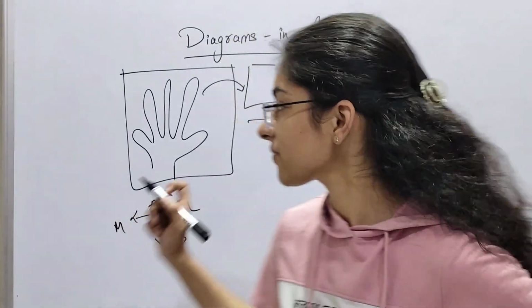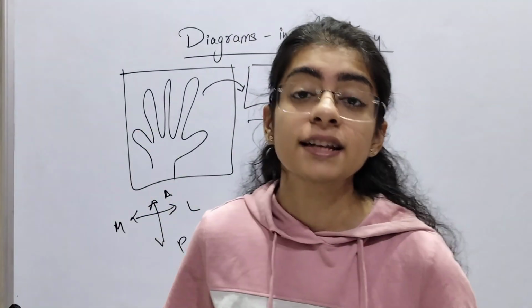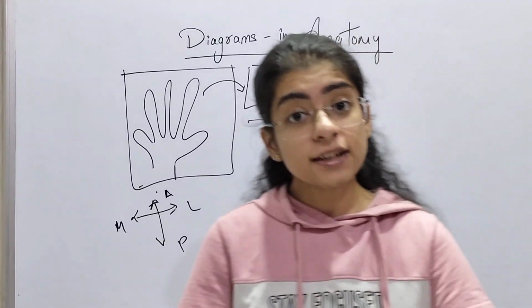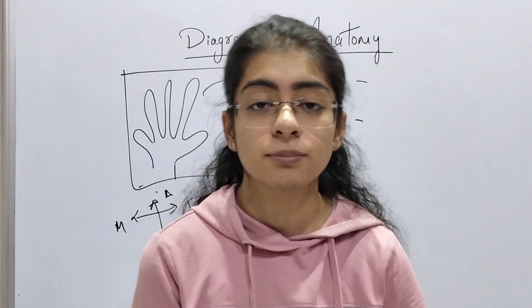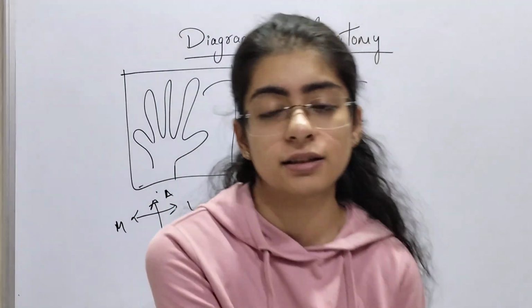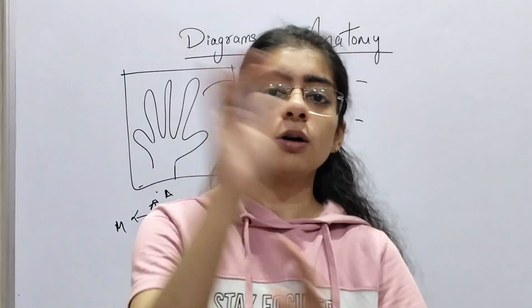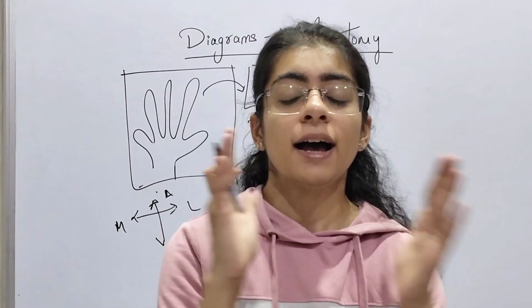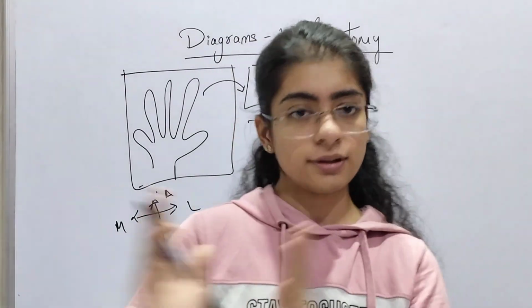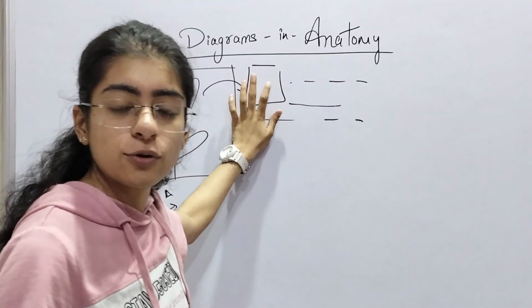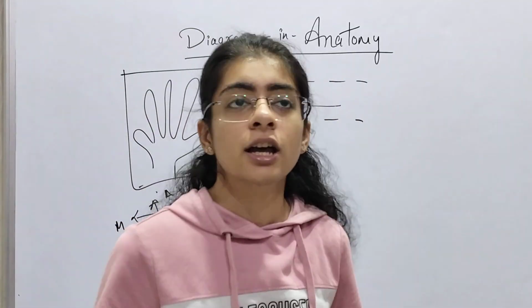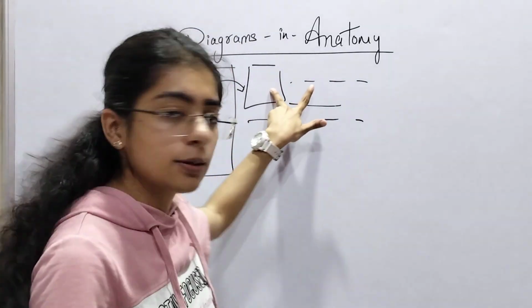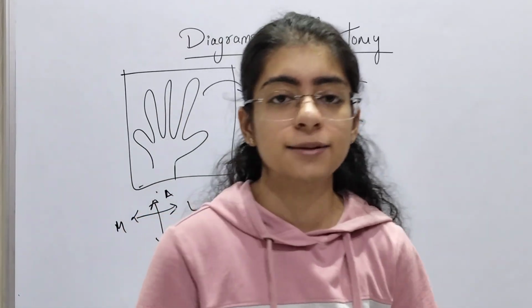You need to know. First of all, draw the diagram in a box. Even if it is a full page, make a box, draw inside the box, and do the labelings outside. And if it is in the text, where I am drawing a diagram in support of the text, you need to draw again in the box, with labelings inside, right?